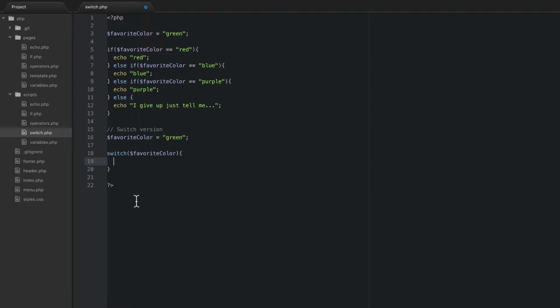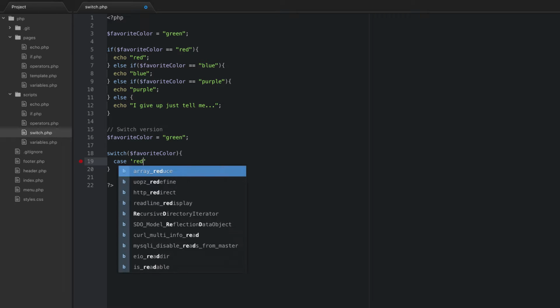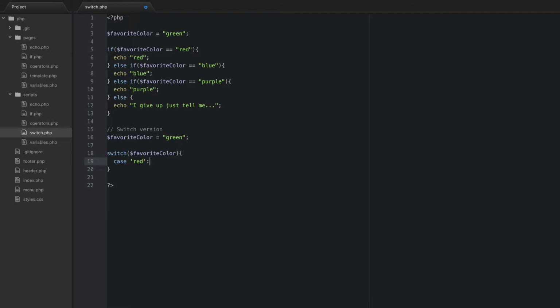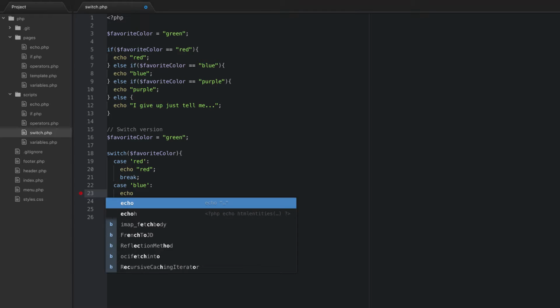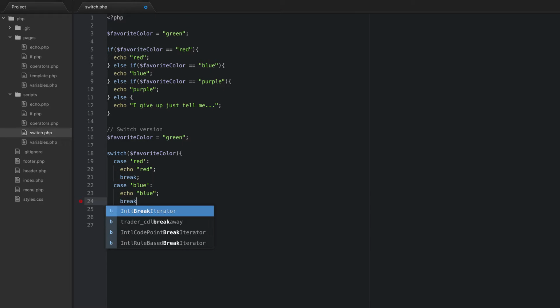And then what we do is, instead of writing a bunch of ifs and else ifs, we can actually put a case, and we're going to say red, and then we put a colon, not a semicolon. And then we could put here underneath that, we put echo red, and then we would tell it to break out. Okay, and then we could do case blue, echo blue, break,